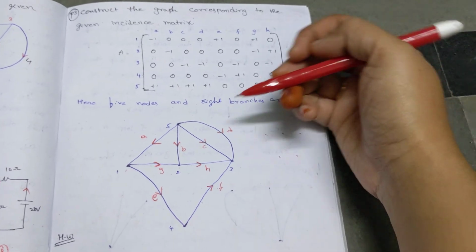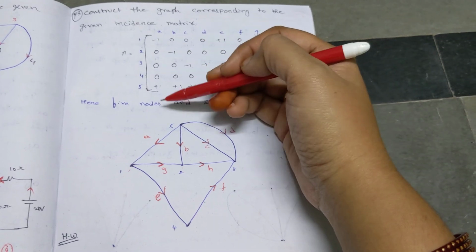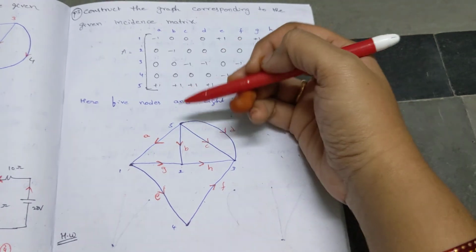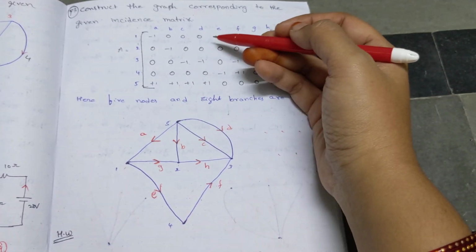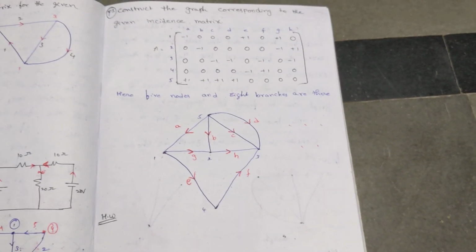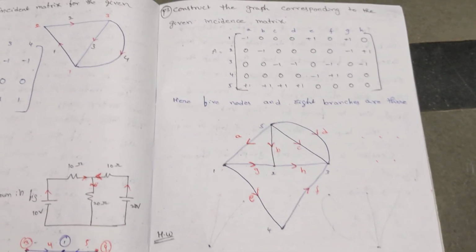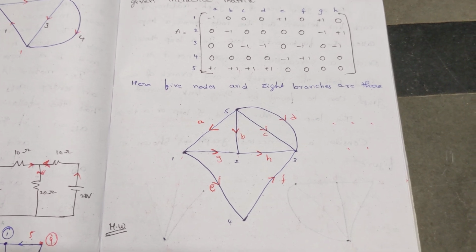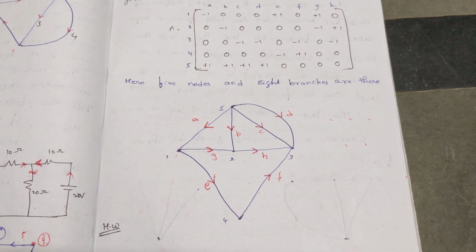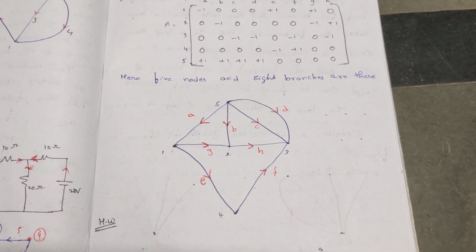Likewise, we provide for the rest of the branches and give the direction based upon your magnitudes, whether it is towards or away. So when you place this towards and away, automatically the rest of the elements, the zeros, are not at all incident. It is not at all related. Okay. So this is the way we write the incidence matrix for a given network or graph, or from the given incidence matrix, how we draw the graph. That's all for today. Thanks.